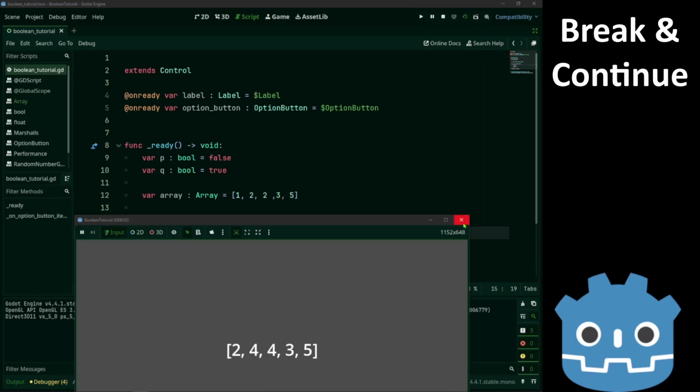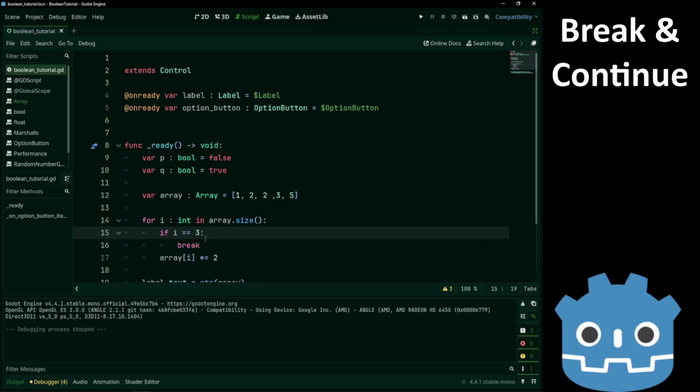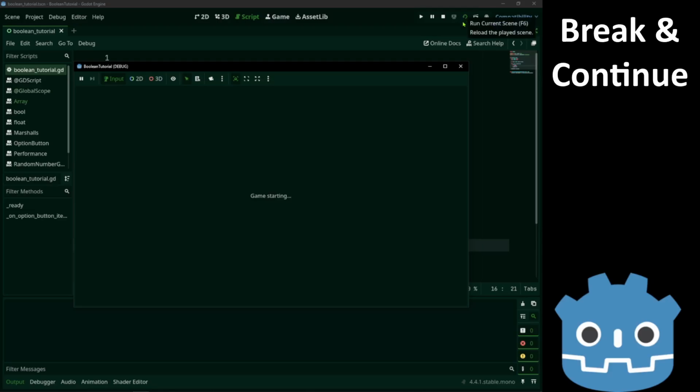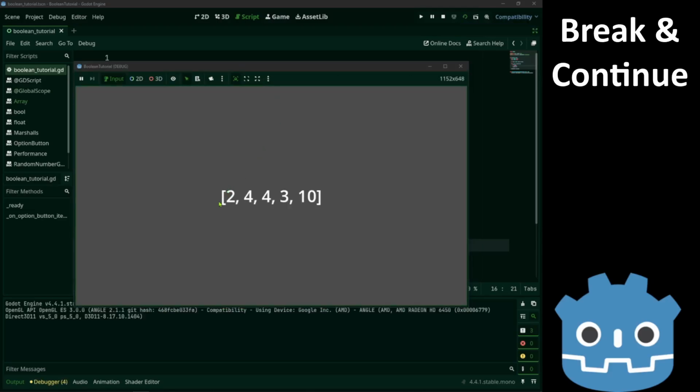Except for break, we also have continue. This one will increase I and start the next repetition. And now everything is doubled except for the fourth element.